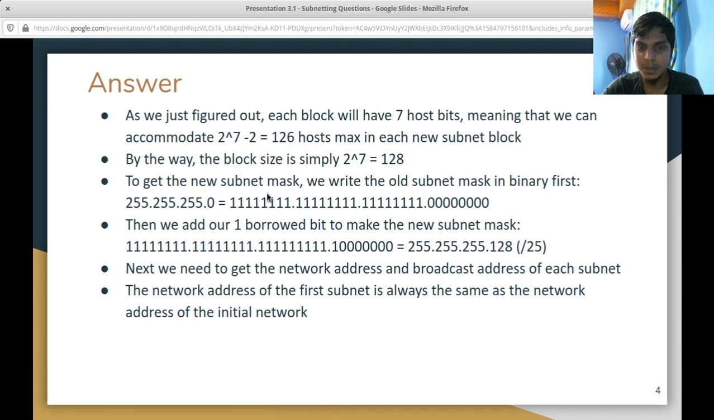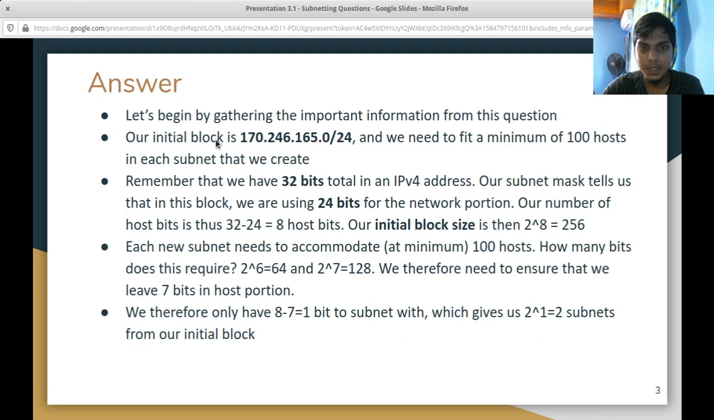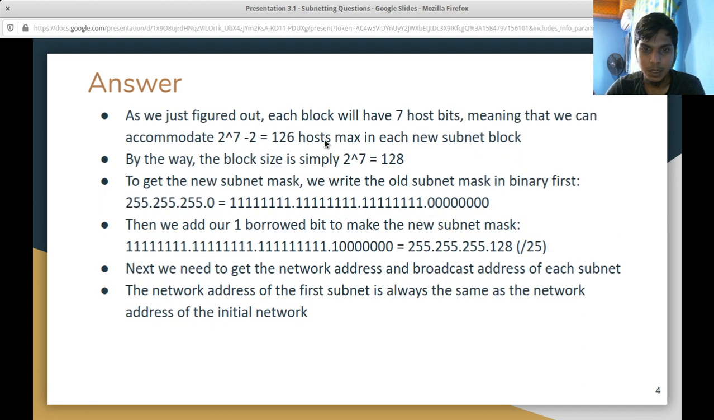To get the new subnet mask, we write the old subnet mask in binary first. This is the subnet mask that we were assigned, which was a /24. Remember, our initial block was a /24. A /24 means that you have 24 bits here. You could either write out 24 ones, which you can see from the /24, and then convert it to decimal, or if you have it memorized already, you know